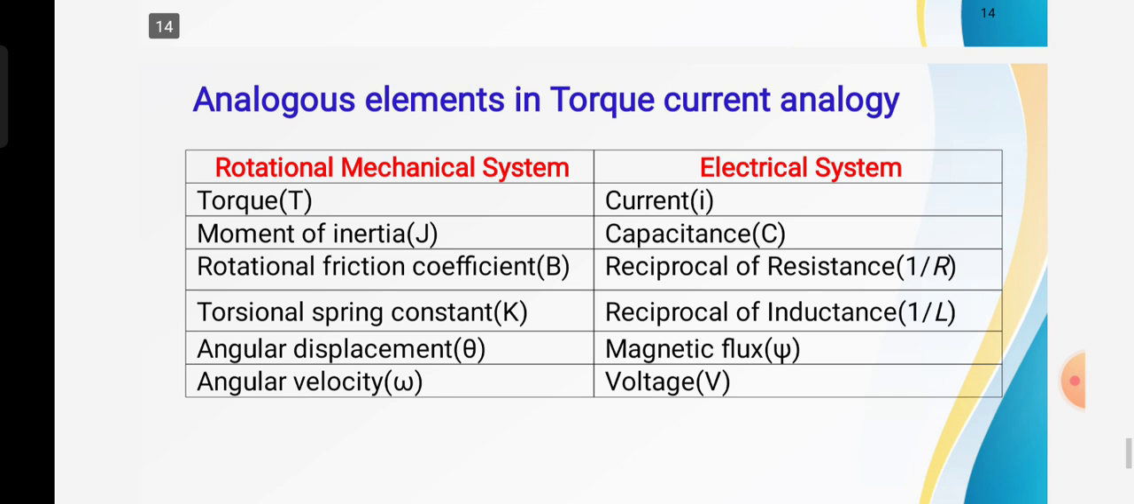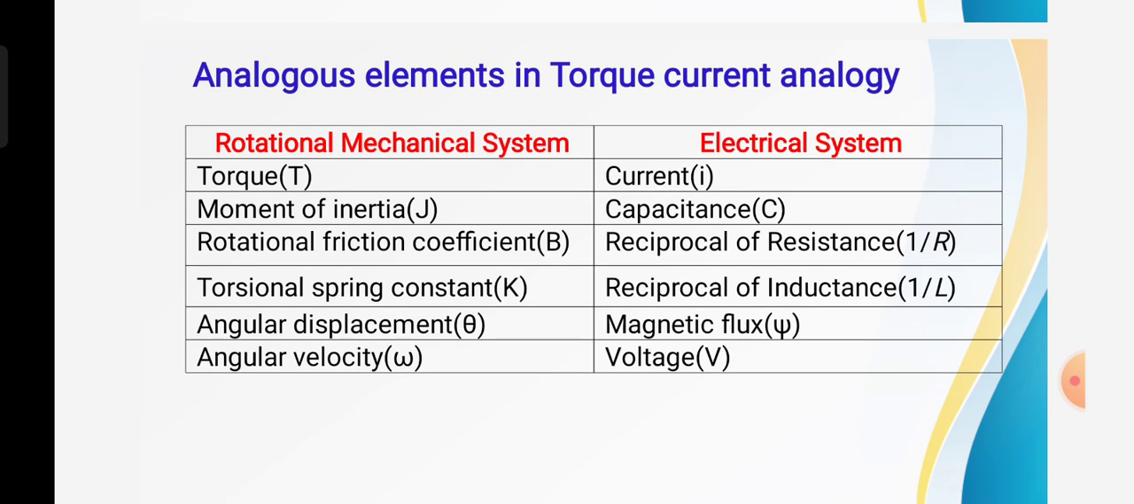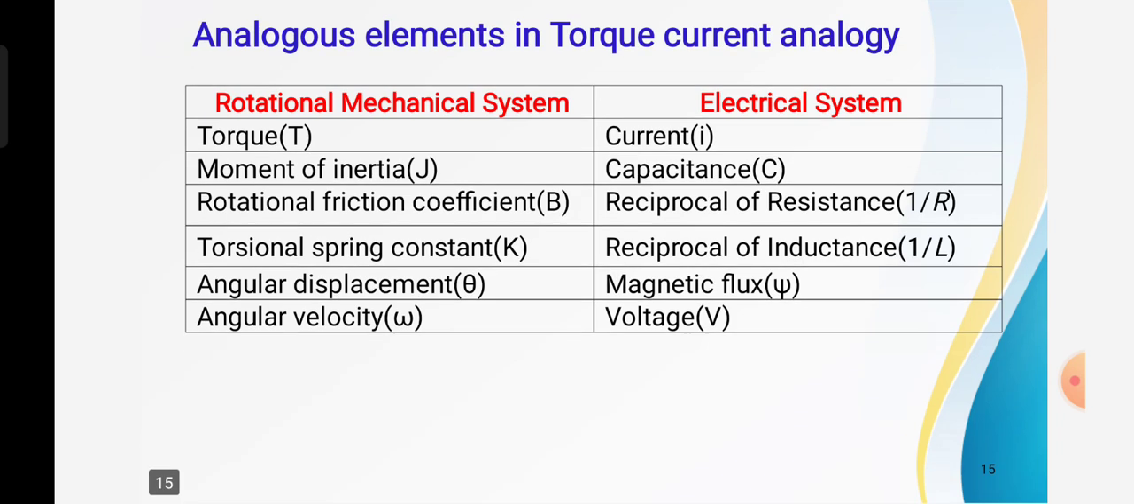Next, analogous elements in the torque current analogy. Torque in the mechanical rotational system is analogous to current in the electrical system. Moment of inertia is analogous to capacitance. Frictional coefficient is analogous to the reciprocal of resistance, and torsional spring constant is analogous to the reciprocal of inductance. Angular displacement is analogous to magnetic flux, and angular velocity is analogous to